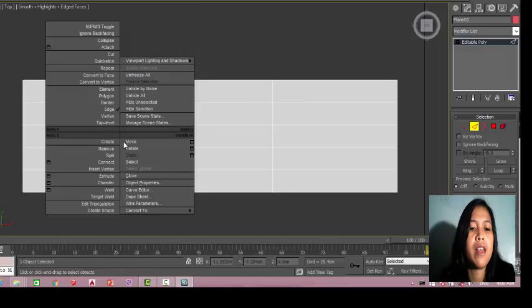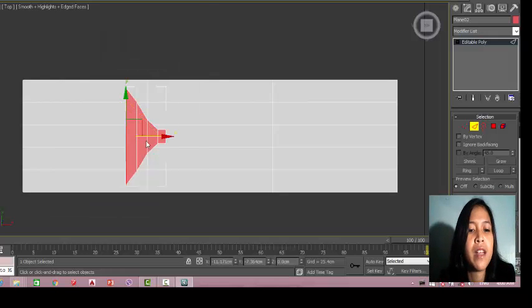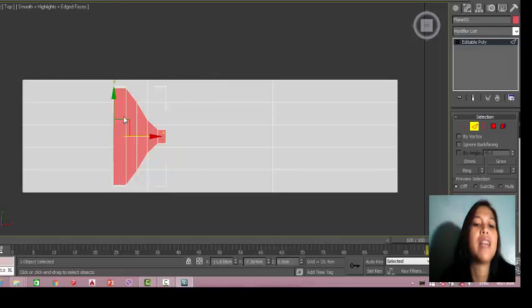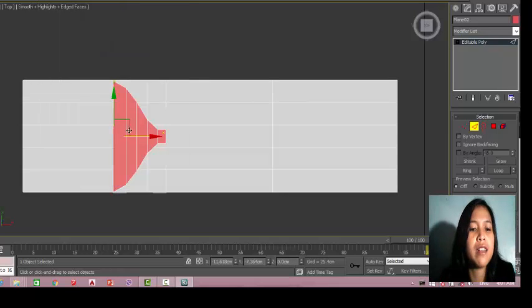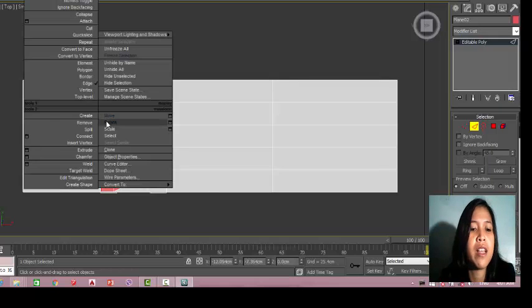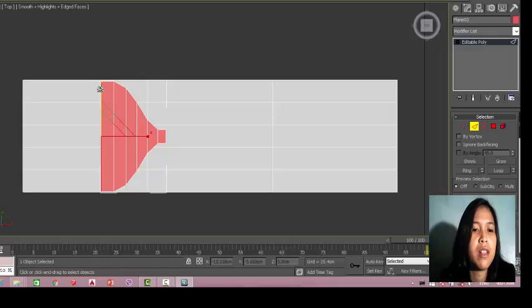Then it's just a continuous process. Just move it again, hold shift, and scale it upward like this. Then move again and shift, but now we're scaling it downward here.